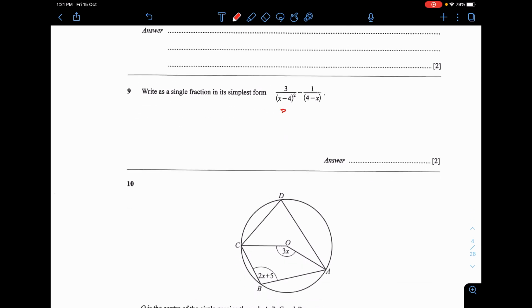Next question. Okay, simplify. So I need to make the same denominator. I'll make this into a plus just like the previous question. I do that so I can actually factorize the negative. So both of them is x minus 4. Now I can just multiply by another x minus 4 here. That way they have the same denominator. If you combine them together, you get x minus 4 plus 3, x minus 1 over this. And that should be good.